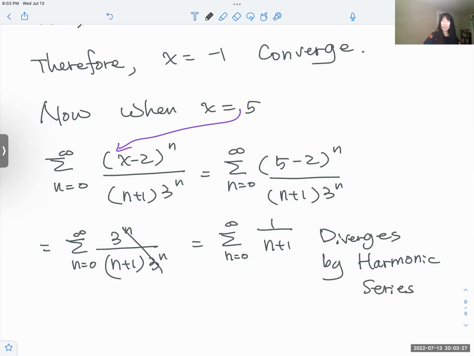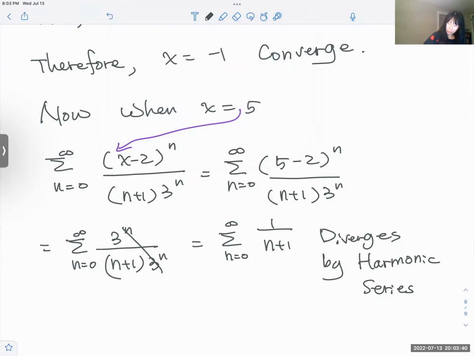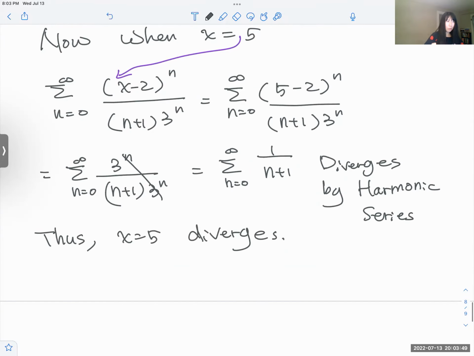So by the way, we did not take the limit, okay, so we cannot say it's 0, right? All right. Then it diverges, so we don't include the number 5 there, right? So x equals 5 diverges. Therefore, we can say that the final interval of convergence